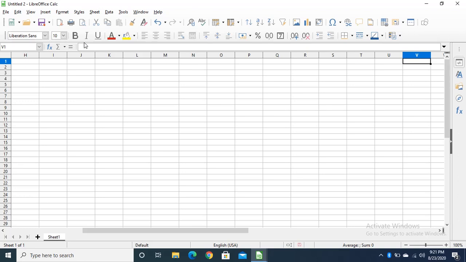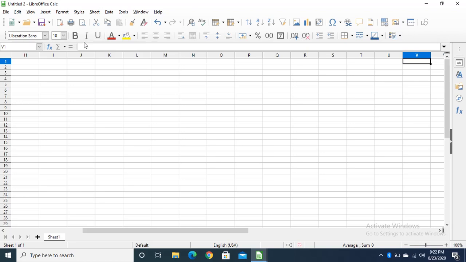Similarly, Control plus Home. Suppose we are on a cell which is very low in the sequence, very far away from the A1 cell, in that case, if we press Control plus Home, it will directly take us to the first cell of the highlighted row, right?